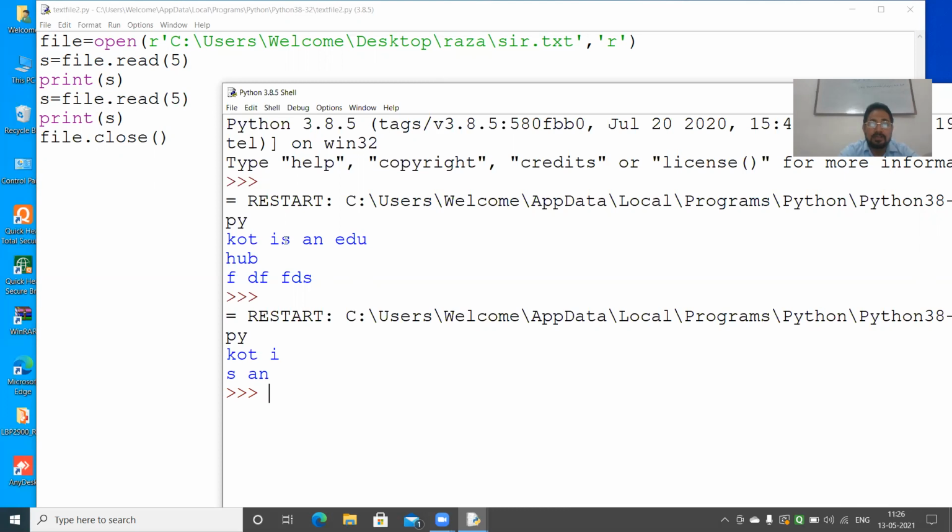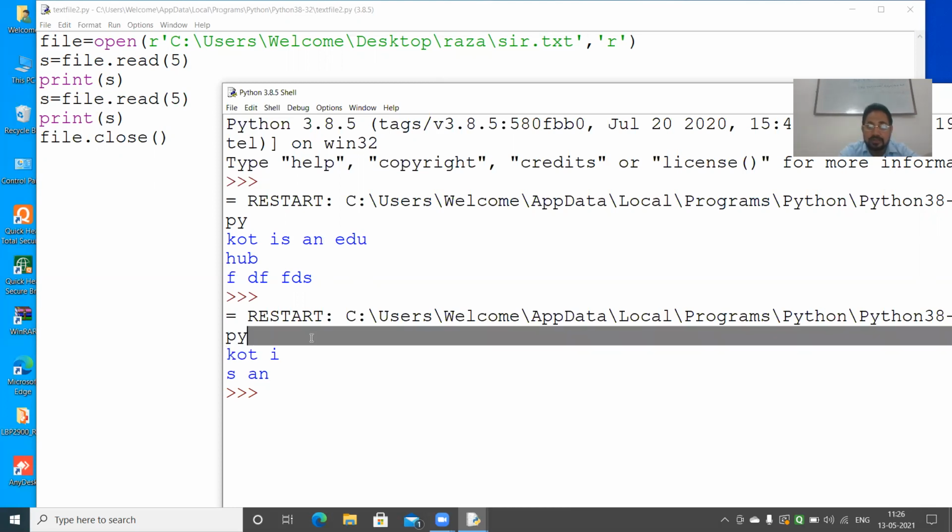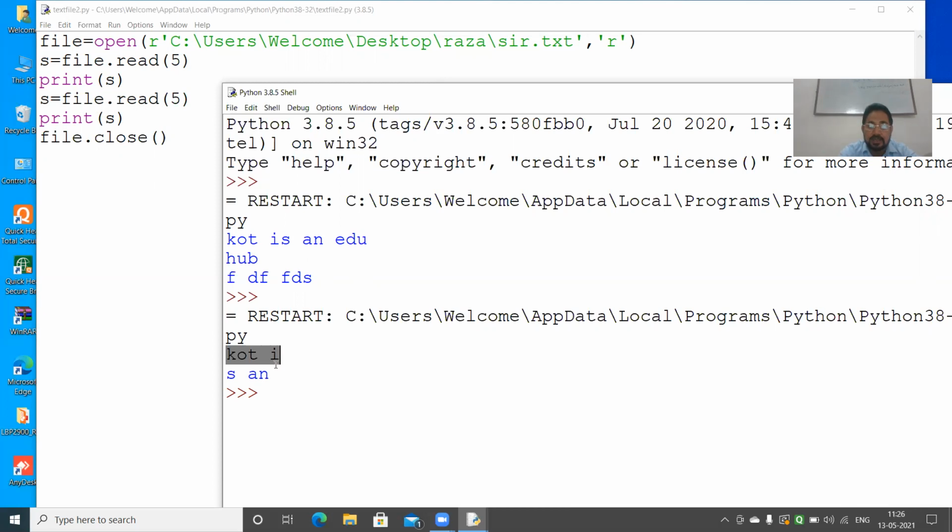Then 1, 2, 3, 4, and this is space, 5. First 5 is 1, 2, 3, 4, 5, and 1 is printed, quota. After that 1, 2, 3, 4, and this is space, 5. So this is 5 characters, and then again this is 5 characters including space.